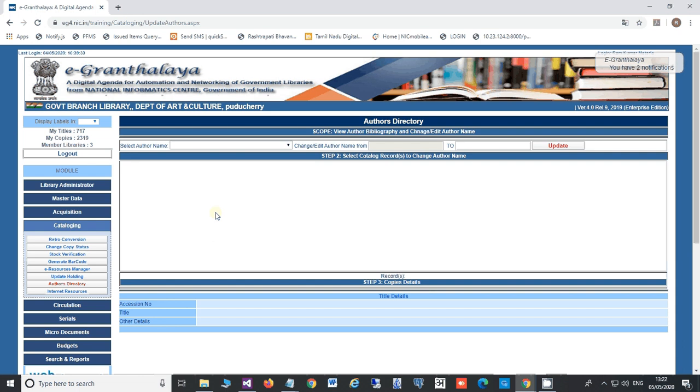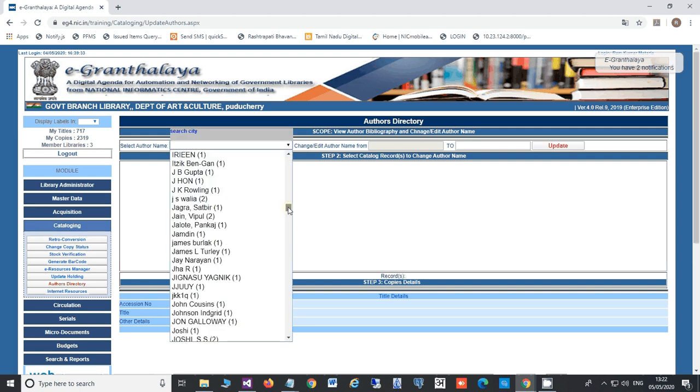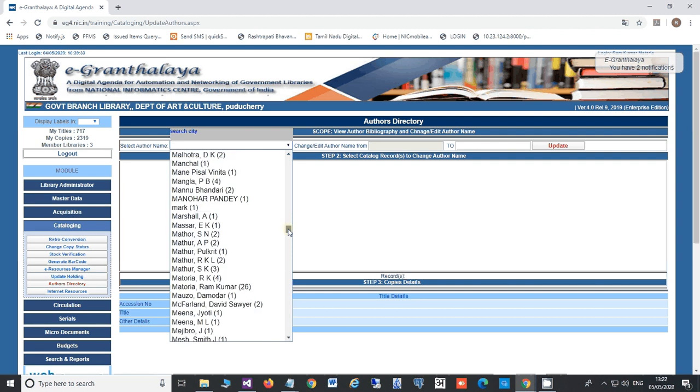Whatever authors are already entered, you can see them here alphabetically, and in brackets you can find how many copies of that particular author there are. Now you can think, what is the purpose of giving this form? Basically, the purpose of this form in eGranthaalaya is that in case you want to modify the spelling or make a correction in the name of an author, you can do it here.